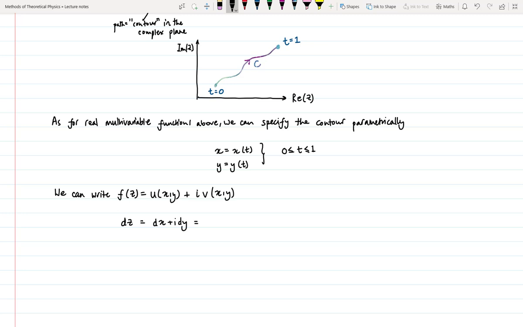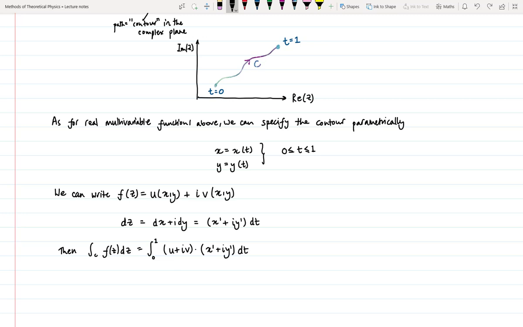And again, we can recast these in terms of t, and we get x primed, where this is understood as dx by dt, plus i y primed times dt. Now our contour integral looks like this. We had the integral along C of f of z dz, and this can now be written as an integral from t equals 0 to 1 of the function value, which is u plus iv, and then dz becomes x primed plus i y primed